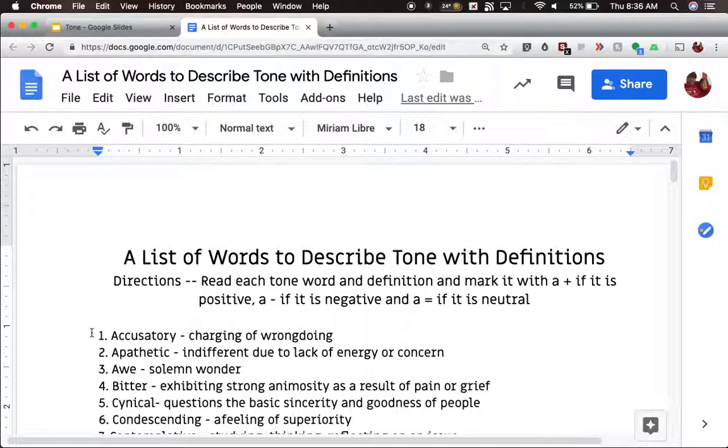Just the first one here, accusatory is charging of wrongdoing. Well, if you're accusing someone, that's usually a pretty negative thing, so I would put a negative sign next to that one. What I want you to do now is pause the video real quick and go through and figure out which ones are positive and which ones are negative. When you unpause it, we're going to go to the back side and do a couple of these together, okay? All